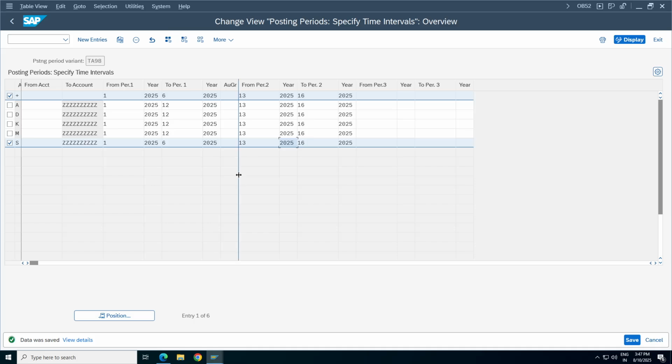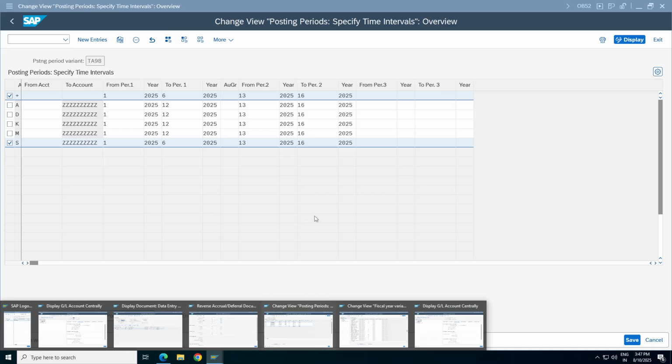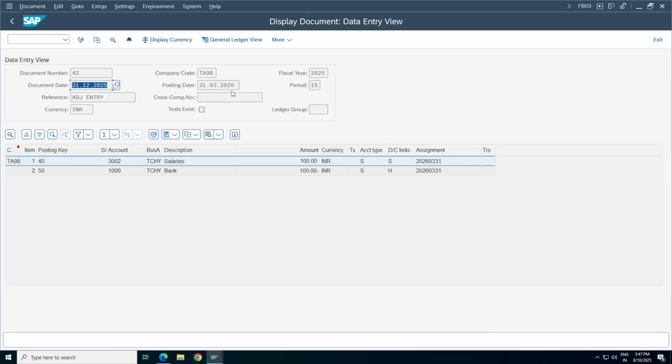For which year are you making adjustments? Which year's auditing has been done? You have done auditing for which financial year? 2025 financial books of accounts only, right? Yes. Now understood. Why are you going to 2026? Don't go about the 2026. The posting date is 31, of course, it's the last period of your financial year. Yes. This is your last period of your financial year.